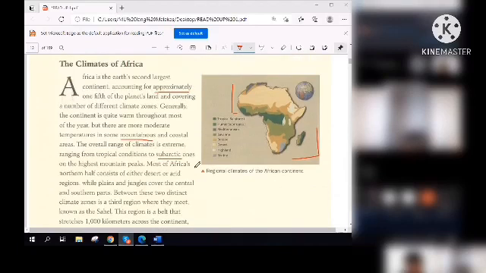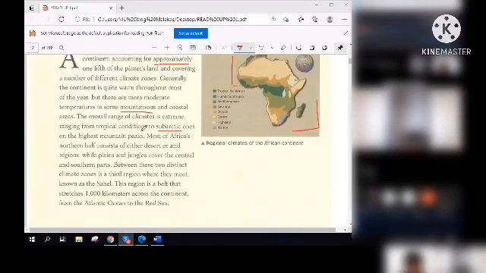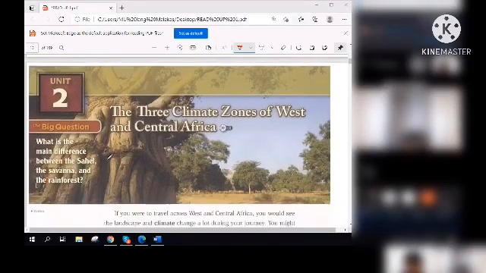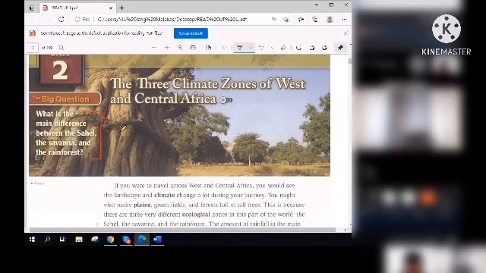Okay, that's good. So just keep in mind the idea that you've read about. Most importantly, Sahel, because you're going to answer this question. Just talk about the main difference between Sahel, the savanna, and the rainforest.